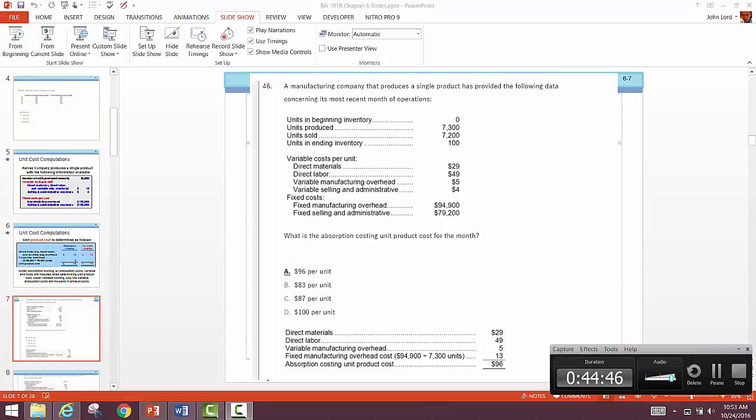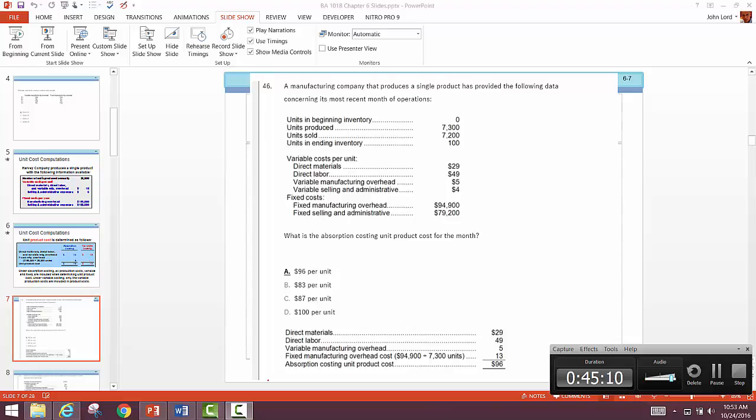We have our product cost, which is going to be